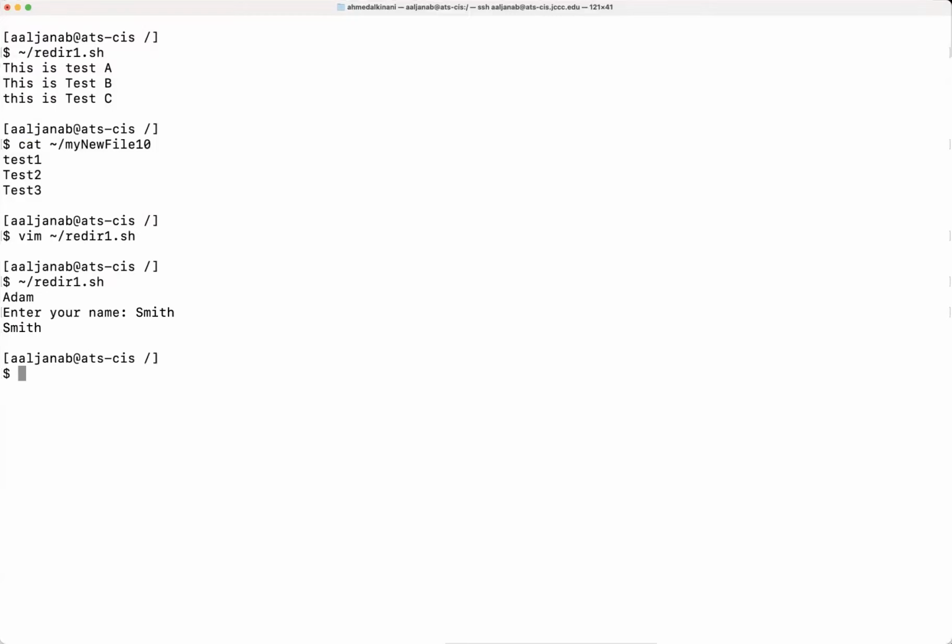Okay, now, and this is very important, what if we want to use multiple of those file descriptors? In other words, I want to associate a file descriptor number with a file, and then I want to use the same file descriptor number with another file later on. Well, we can actually close the file descriptor by writing a very simple command.